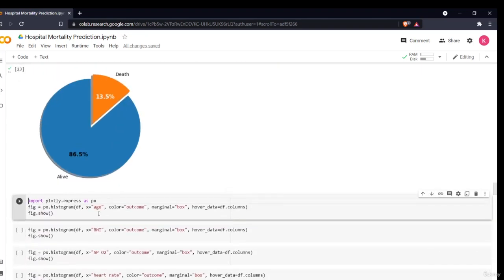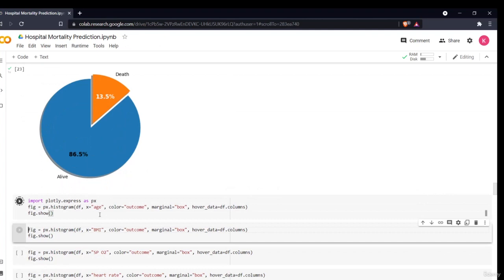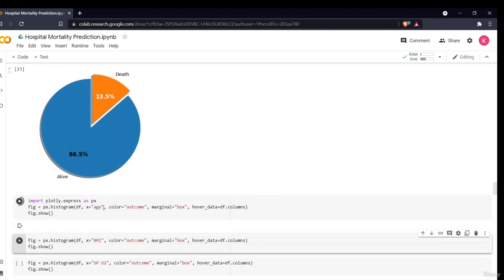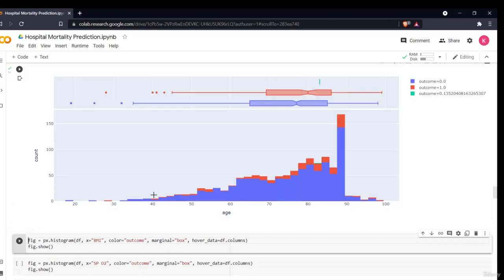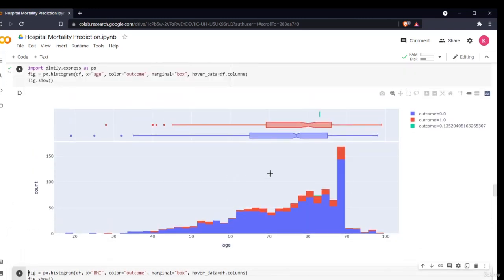Now the next thing I'm doing is plotting a histogram between age and the color outcome. Basically it will tell me what the outcome is on the basis of age. Outcome one means the person died.